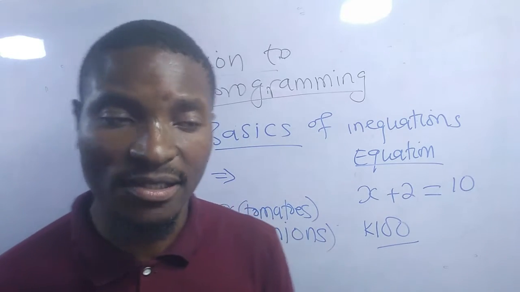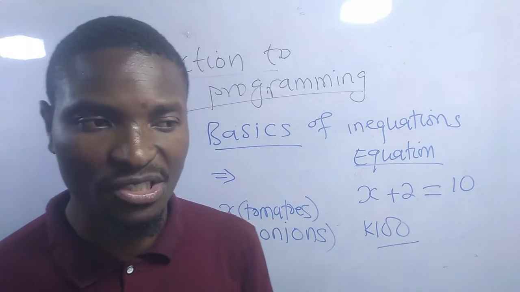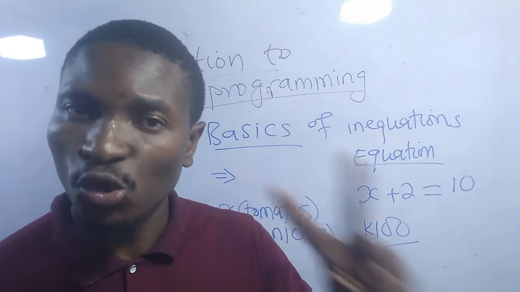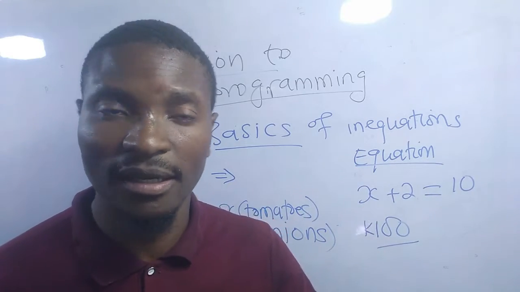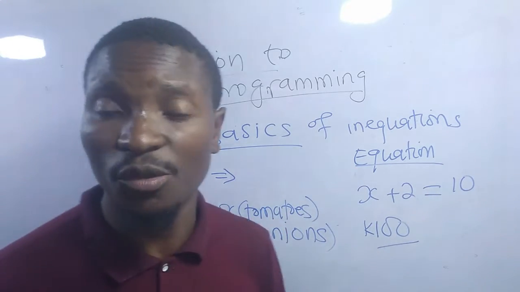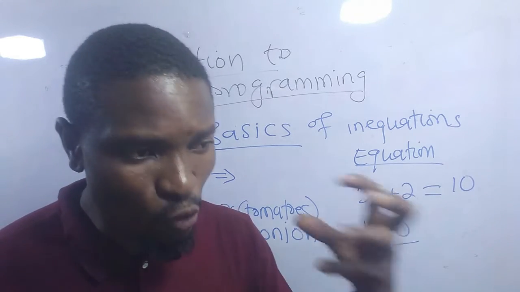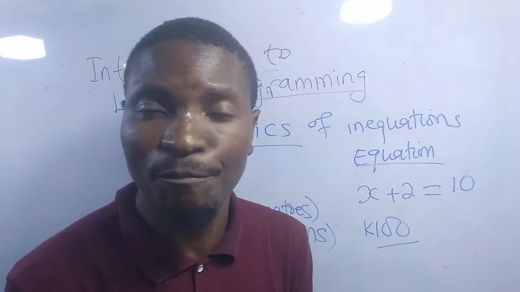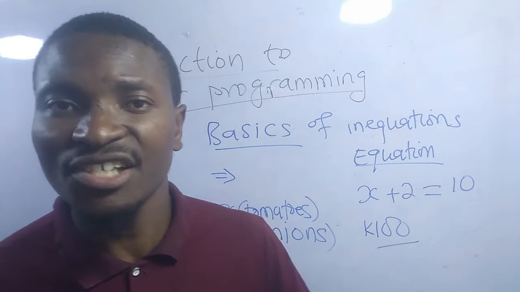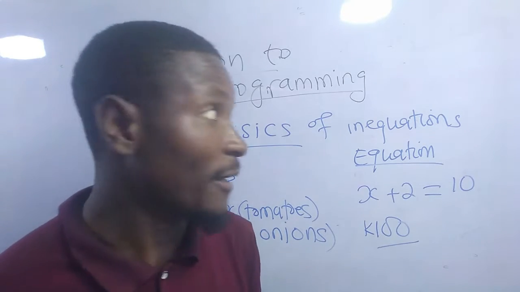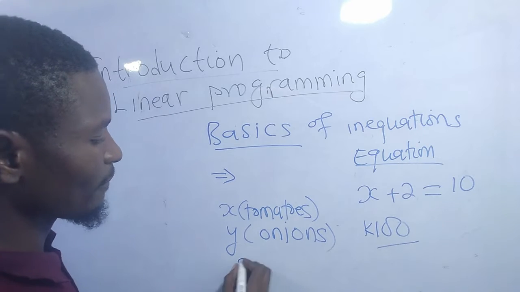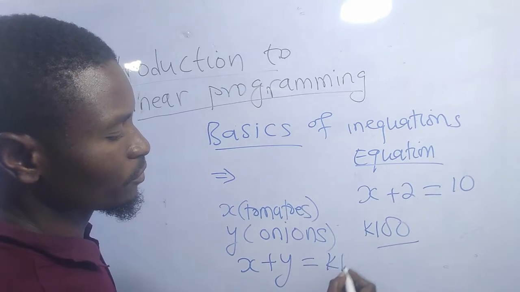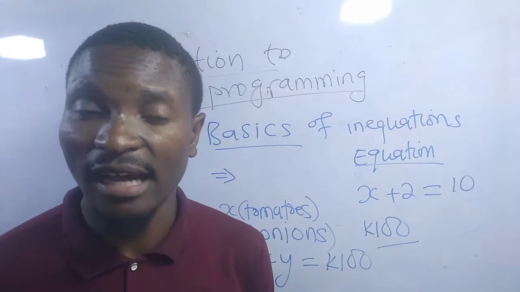So I want you to understand that you have got 100 kwacha. And let us just assume that from the 100 kwacha, you just want to buy two kinds of goods, like the onion and also the tomato. But everything that you want to buy, the 100 kwacha should be enough, okay? So now here comes the logic, the decision making concept. So I want to say that X plus Y should be equal to the 100 kwacha that I do have,